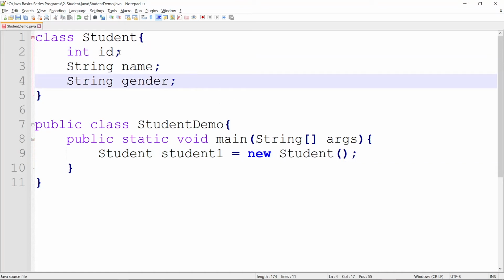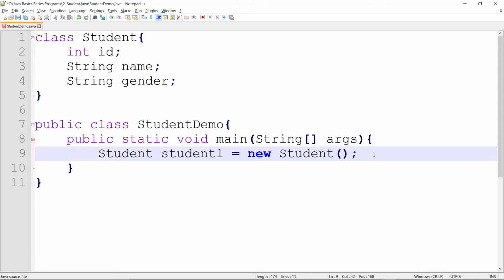So what will be the value for ID, name and gender when we are creating the object without giving any ID, name or gender? There should be some value, right? So that's the value that computer provides, and that's called the default value. So now let's go and print the object and see what the object contains.